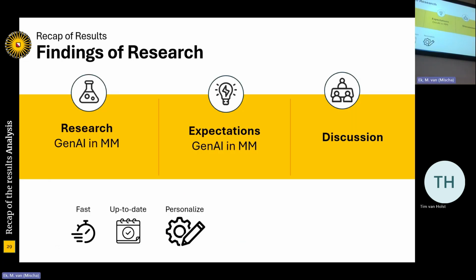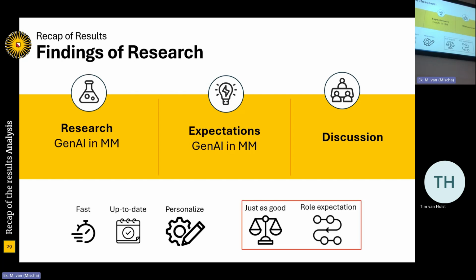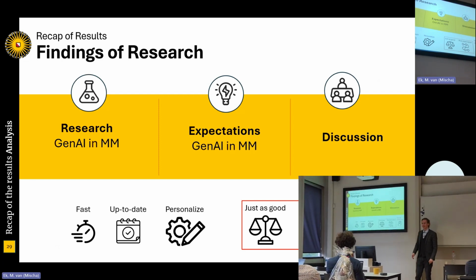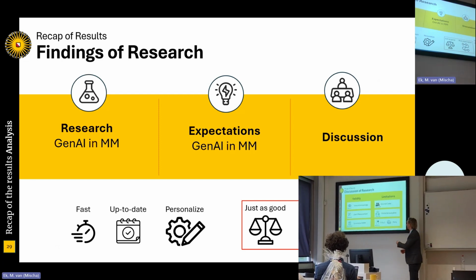And at least I've done the research in generative AI maturity models. I've seen the expectation that it has, and it's absolutely amazing, where it's now fast, up-to-date, personalized, and it's supposed to get even better. And it's also done completely by me, where I have no knowledge about DevOps or all this stuff, so this is great. And you start to question, right, what do these results mean?